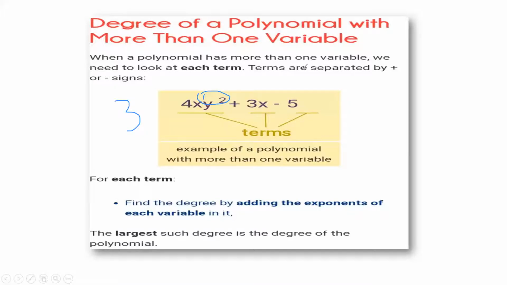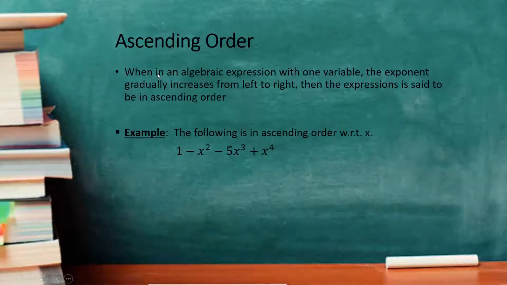This is all about the degree. Okay? When we are having a single variable, we will look at the highest degree. When we are having more than one variable, we have to add the powers, and then we have to check the highest degree. This is all we have discussed in our last classes. Now, today's topic is order. We have to discuss the order of algebraic expressions.